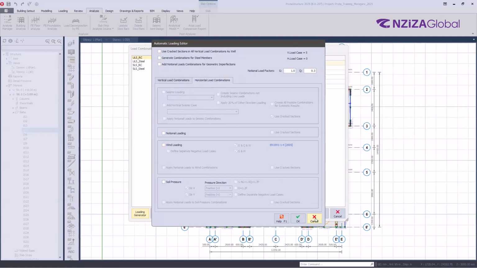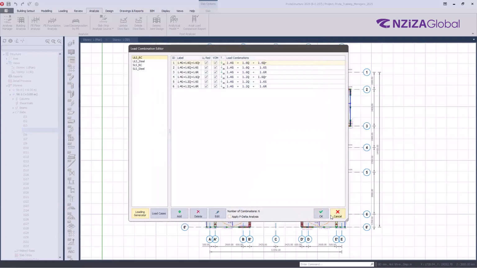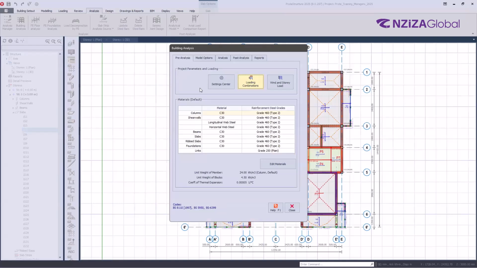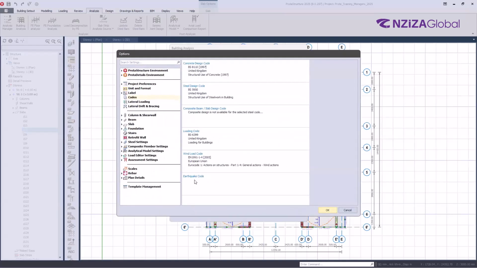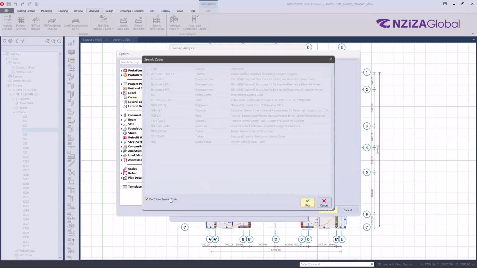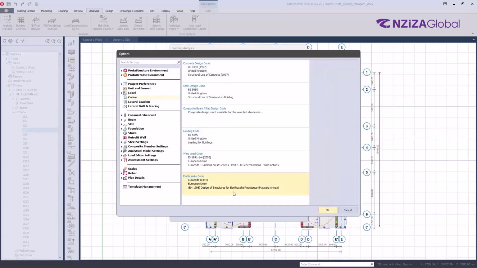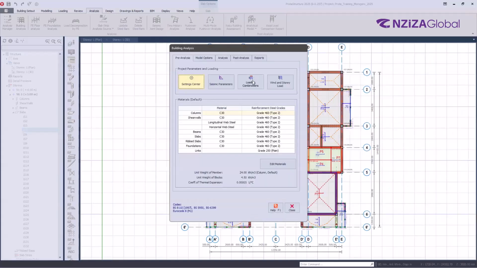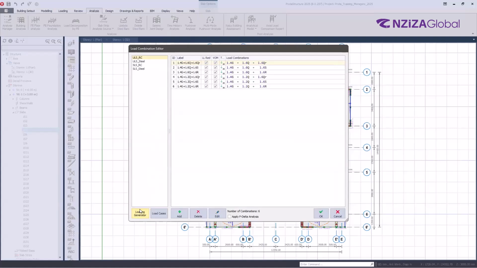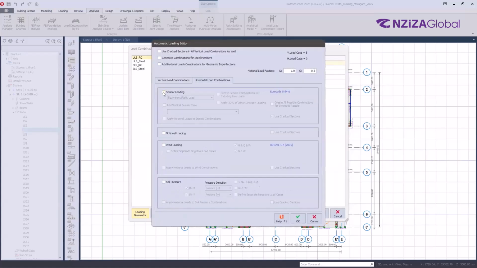So if I go back, no need to go back in your case, just for the demonstration here. You remember under the code settings, under the earthquake code, I don't have any code. If I click there, you see, don't use seismic code was checked. But if I decide to select this code, click OK. Now, if I go to the load combination generator under horizontal, seismic can now be checked, and I can set the parameters for the seismic analysis. Okay,